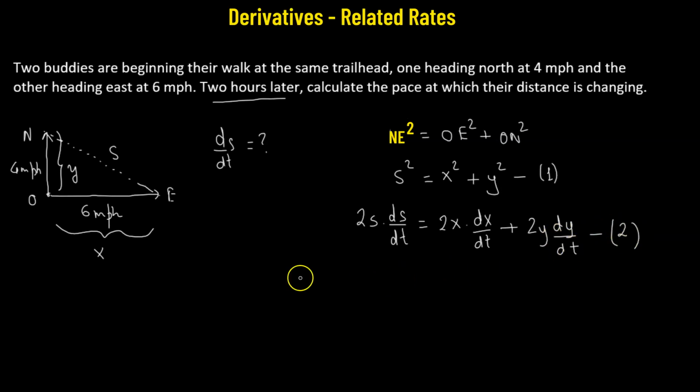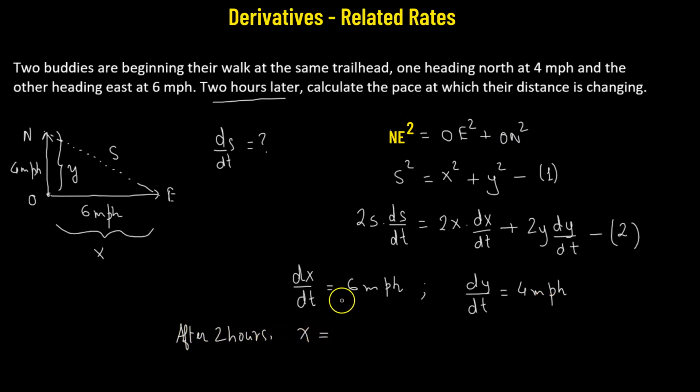So here we are provided that dx over dt, which is the rate of change of x, for one of the friends who is moving towards the eastern direction, is 6 meters per hour, and dy over dt, the rate of change of y, for the other friend going towards the northern direction, is 4 miles per hour. This would mean that after 2 hours,